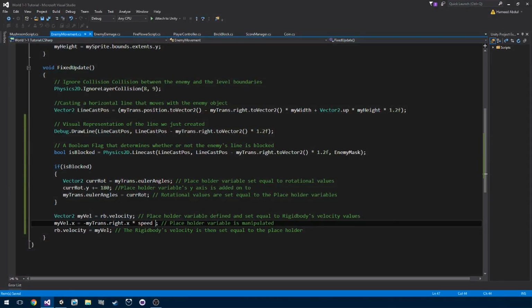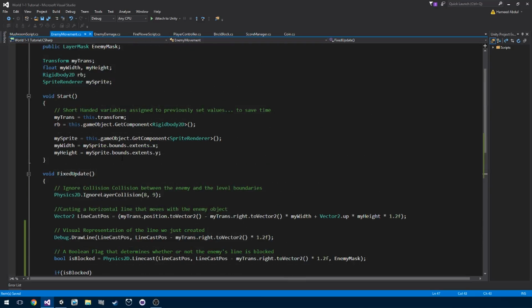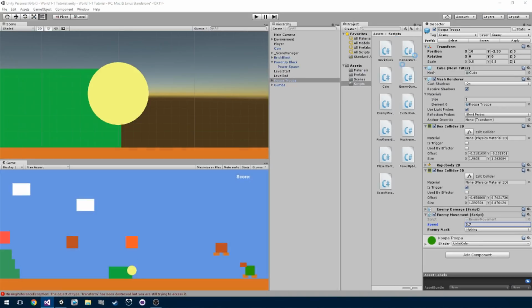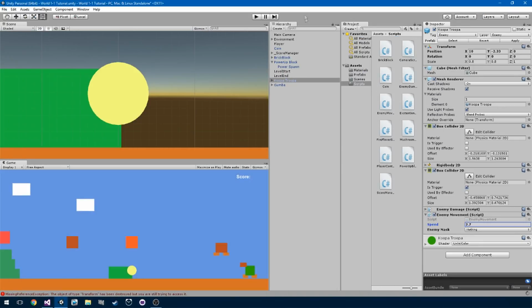So what you want to do is go back to the line right under where we defined our vector2 myval, where the manipulation is taking place. You see myval.x equals negative mytrans.right.x times the speed times time delta time. Remove the time delta time because it just interferes with what's going on, and if you're using fixed update, it should fix itself, and if not, then maybe you need to go play around in the